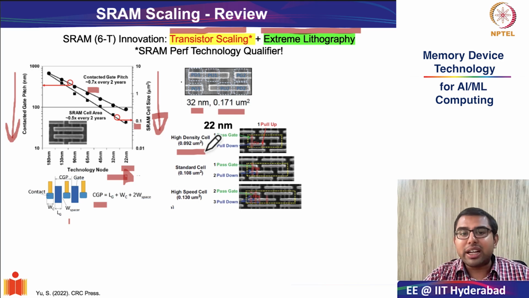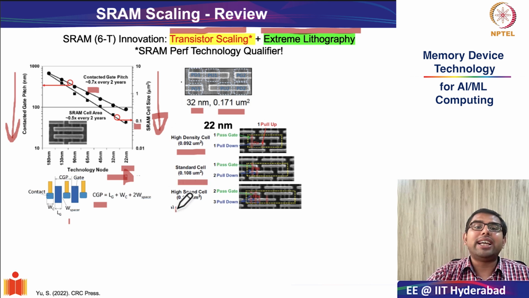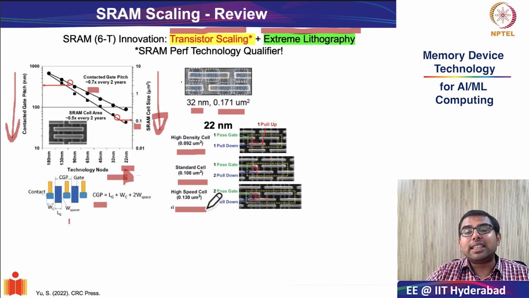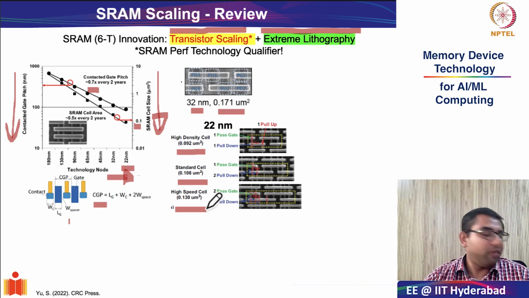The second advantage, as you can see from this figure, is that in the 22 nanometer node, unlike previous generations, you could have different cell libraries for the SRAM cell: the high density cell, the standard cell, and the high speed cell, which optimizes for area or optimizes for speed. We have been seeing throughout that once you try to improve speed, you have to compromise on area and